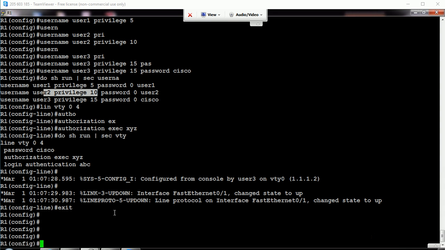I'm an L3 guy. When I log in to my company router, I have full access. You are an L2 guy. When you log in, I want to give access to some commands. You should be able to type some commands, that's all. You should not do the rest. We will definitely see how to do that.